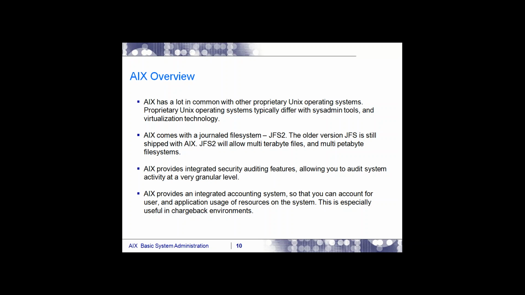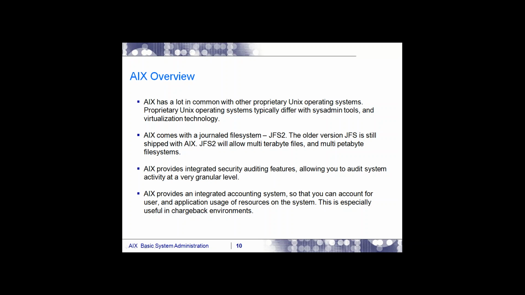Yes, you can increase any file system. You can increase var, you can increase USR, you can increase root, you can increase any file system. There is no issue about that.